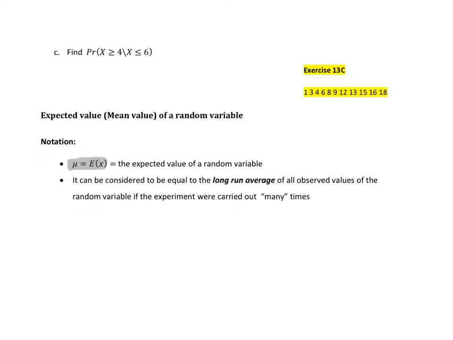Okay, so if we toss a coin 10 times, we expect 5 heads and 5 tails. If we roll a dice 1,000 times, we expect that about 1/6 of them, or half of them, if you like, would be even numbers. So it's the long run average if we carry out an experiment a lot. Obviously, if we do toss a coin 10 times, we might get 7 heads or 7 tails, it might be disproportionate. But over many trials, the expected value is what we expect to have happen.